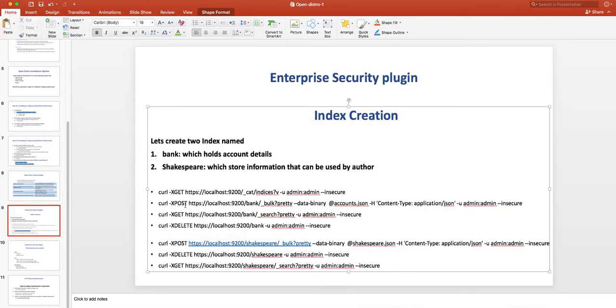What I'm going to do is post an index named bank with the data binary file account JSON, and try to create an index with the name bank. Then I'm going to post an index named Shakespeare, and we'll be using the Shakespeare JSON for that.